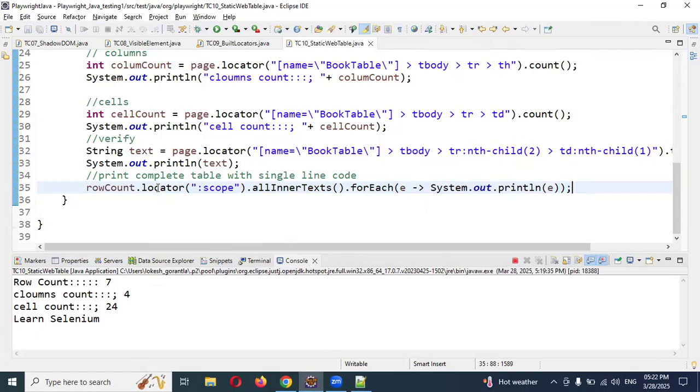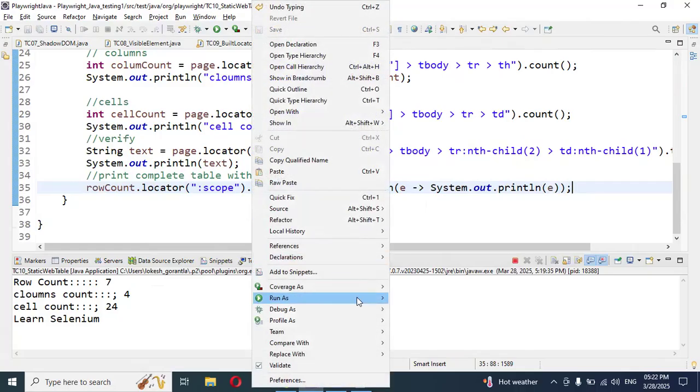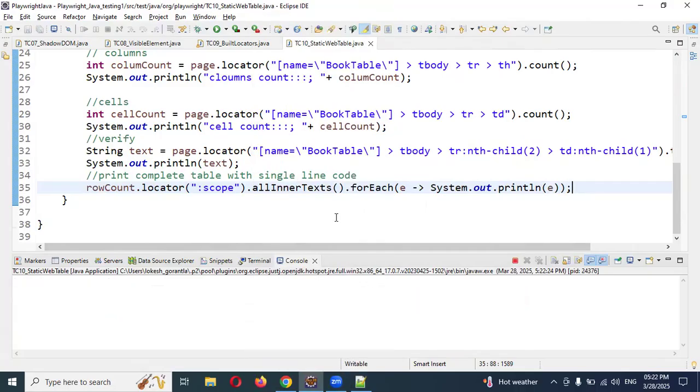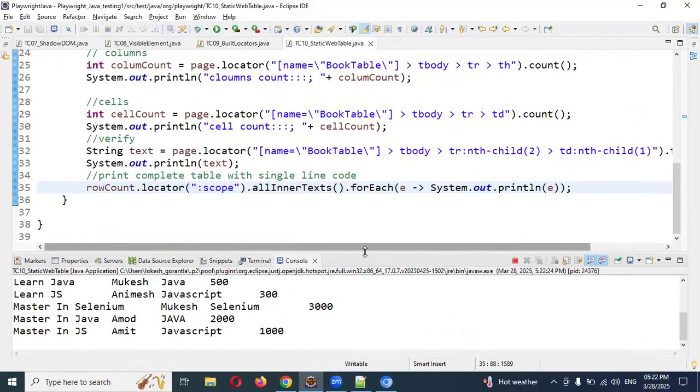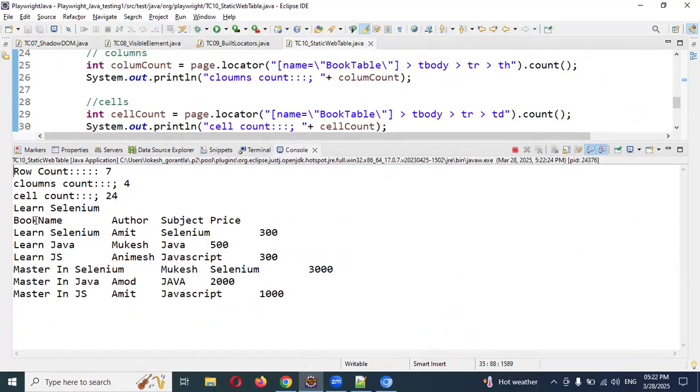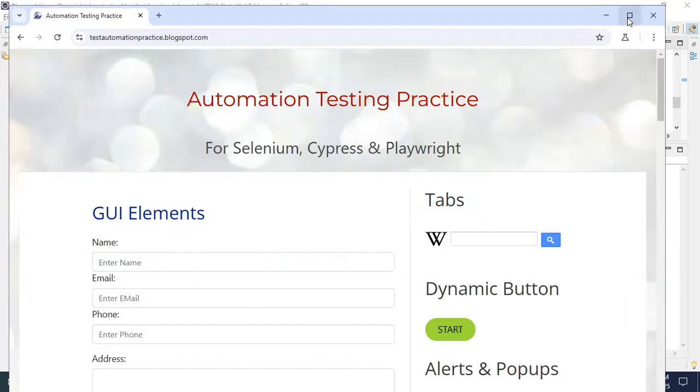Basically this will print the complete text. How it will work, we can see by first running this application, whether we are able to print the complete table or not. Now I'm minimizing this one. You can see here: book name, author, subject, price. Learning Amit Selenium 300. If you see here as well,